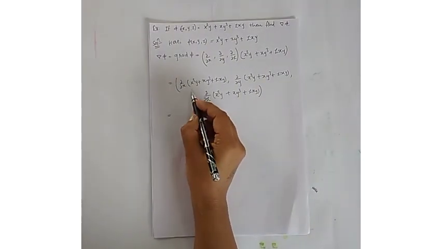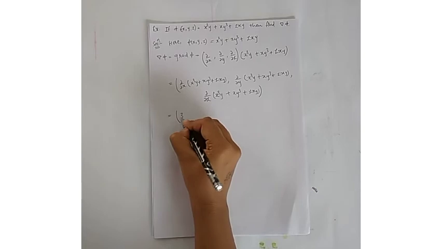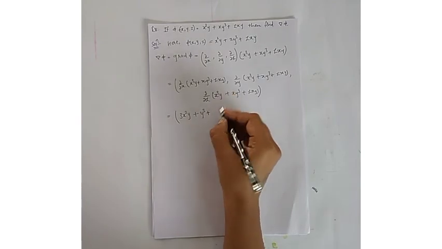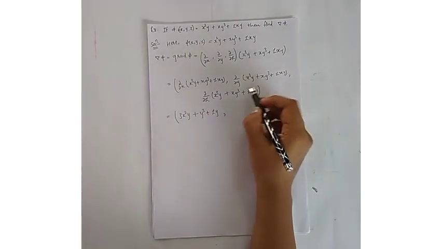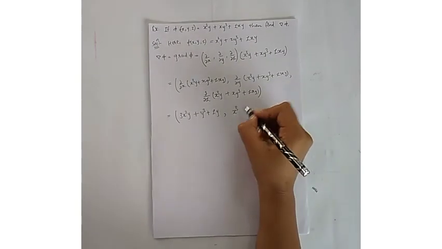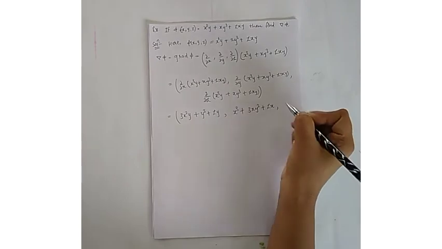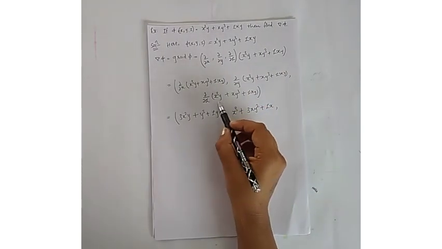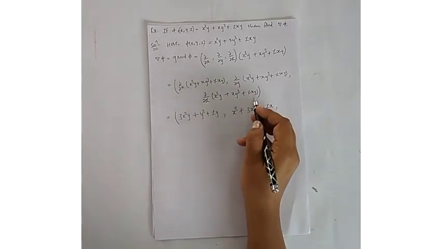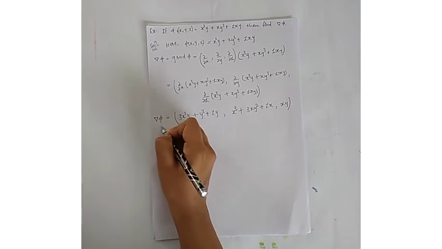So here taking the partial derivative with respect to x of this function will give 3x square y plus y cube plus, with x, z y. Taking the partial derivative of this function with respect to y will give x cube plus 3 x y square plus z x. And taking the partial derivative with respect to z of this function will give 0, 0 and only x y. So this is the value of my gradient phi.